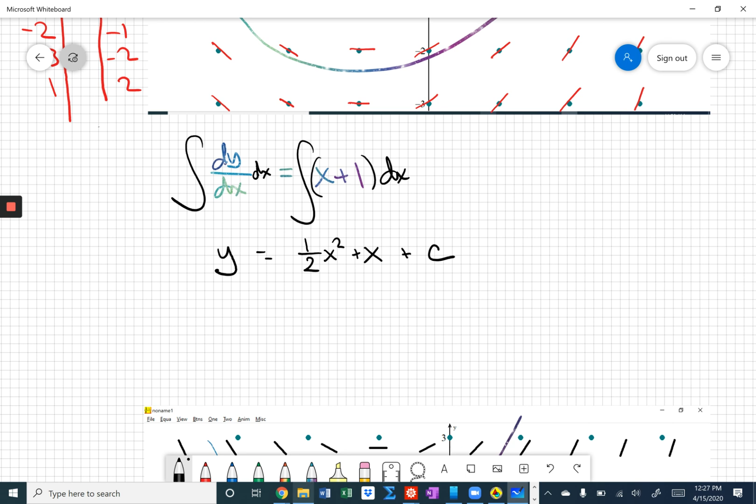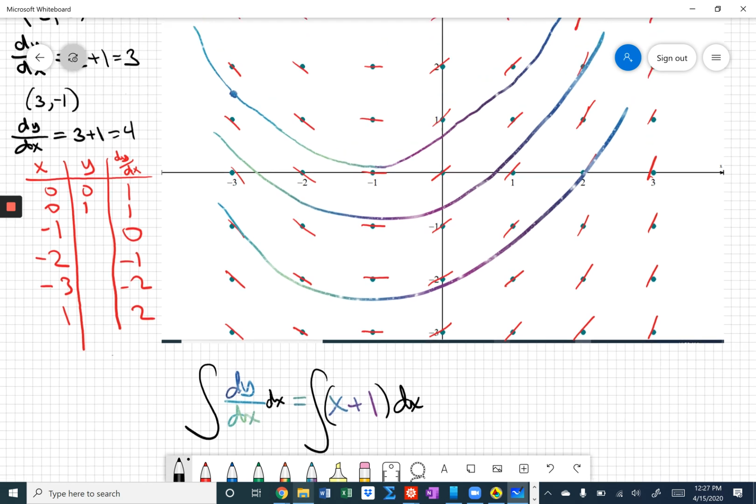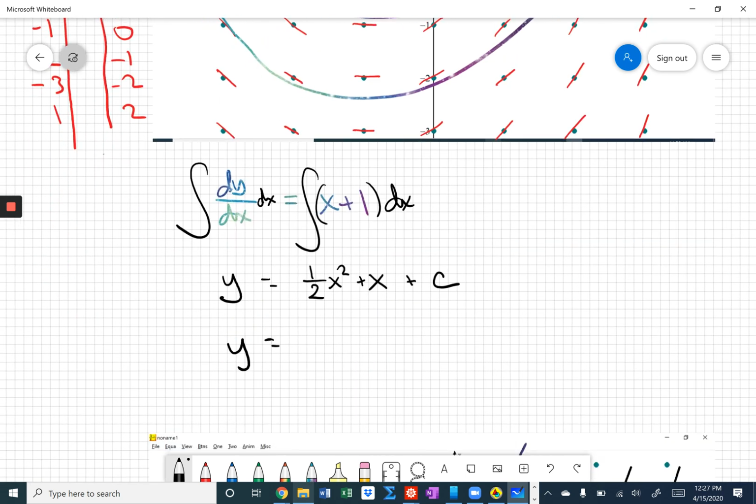And we got it. We got a parabola that matches the shape of the solution curves that we want here. In fact, if we take a look for just a moment, if I factor out an x, no, I don't want to factor out an x over there because it depends on what c is on certain things. But nonetheless, I get a parabola that has its vertex at